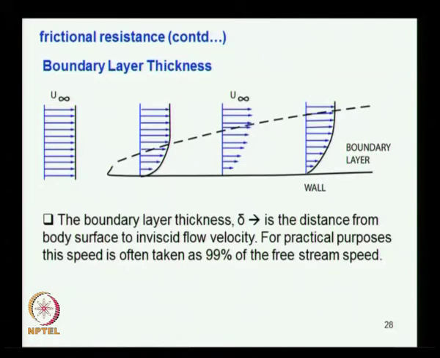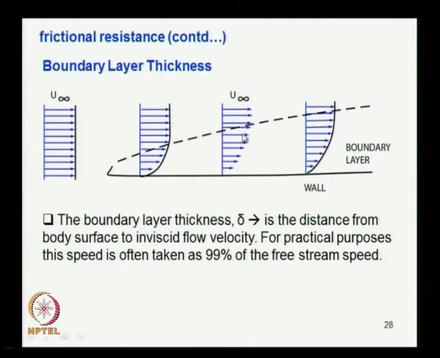So this I have already explained, and we have seen the velocity profile of the boundary layer appears to be like this. The wall is treated as stationary here, and there is 0 velocity adjacent to the wall for the fluid particle, and this is the point where the velocity reaches 99%.